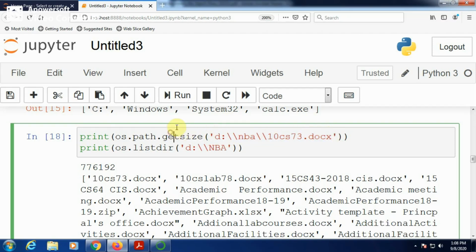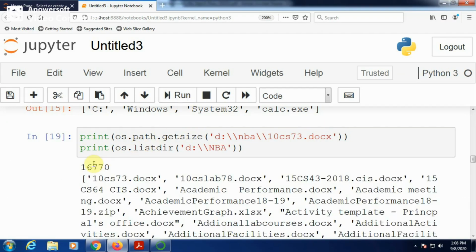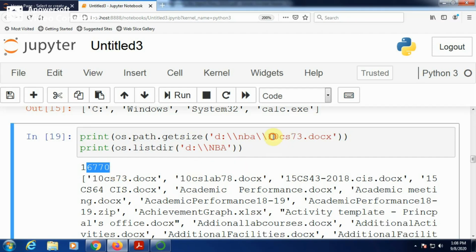Now you run, you get 16,770 bytes. Okay, that's the size of the 10cs73.docs file. Like that, if you want to check the size of a particular file, you can give the os.path.getsize function, and os.listdir to display the content of the particular folder.